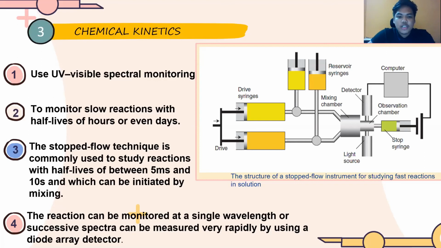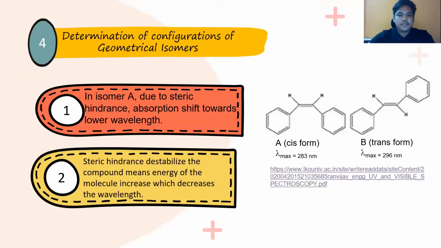When the reaction occurs, it can be monitored at a single wavelength, or successive spectra can be measured very rapidly by using a diode array detector. And lastly, on this slide, we talk about determination of configuration of